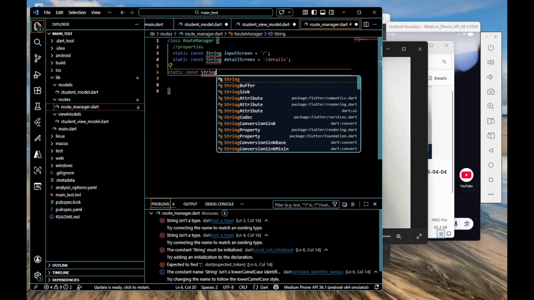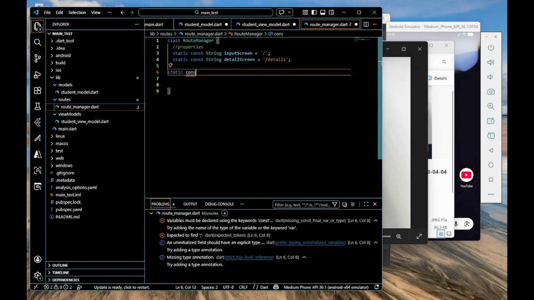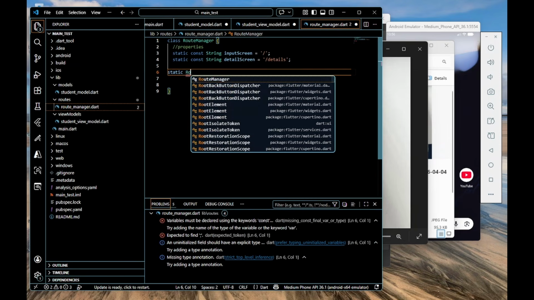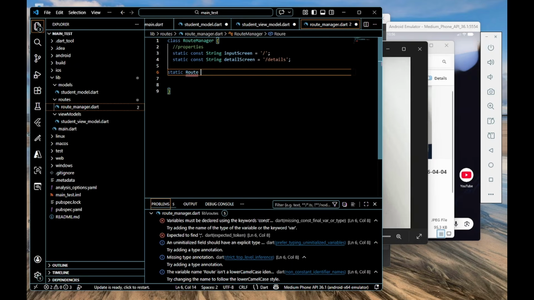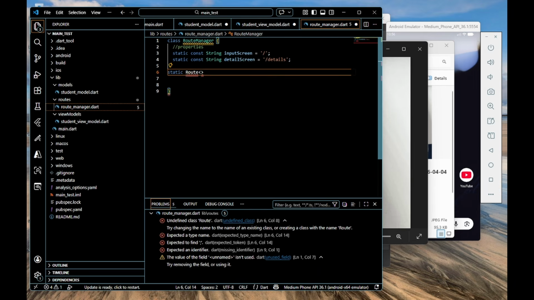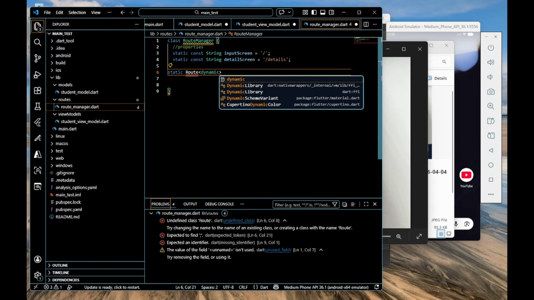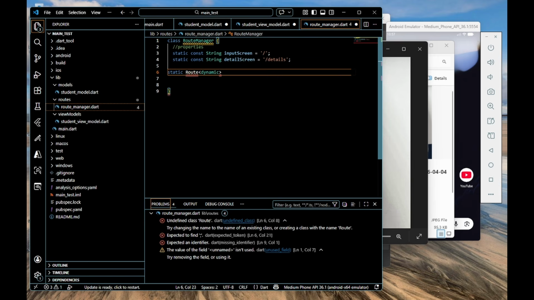We're gonna have that same value throughout the... what am I doing? Sorry, I'm repeating myself again. It's static route. We put our angle bracket, and then we say dynamic, and then now we create our methods,